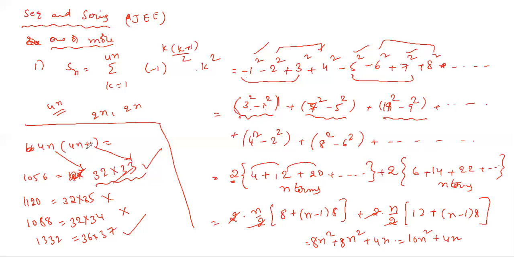So consecutive terms we have to write according to the options. What the problem can take as values. Which number: 1056 is 32 into 33, so consecutive terms we can write for it. Similarly 1332 also, consecutive terms 36 into 37. So it is also possible because 36 is also a multiple of 4. We can write it. Next, the second one.